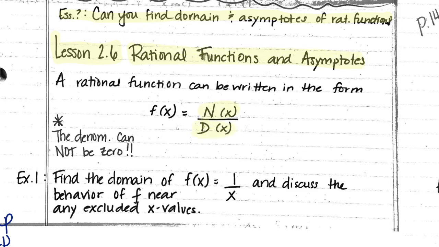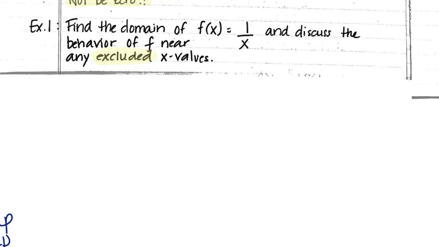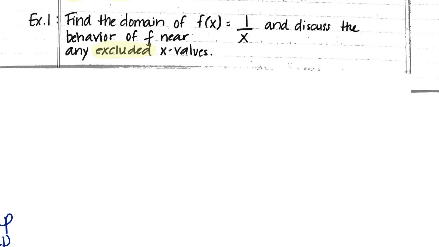Remember, this is saying the function has a numerator over a denominator, but remember the denominator can't be 0. Never, ever, ever can it be 0. So the first question says, find the domain of f of x equals 1 over x and discuss the behavior of f near any excluded x values. Well, from what we know from parent functions, a graph of 1 over x